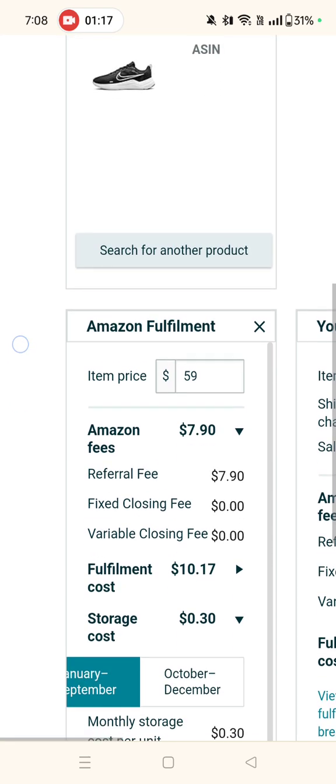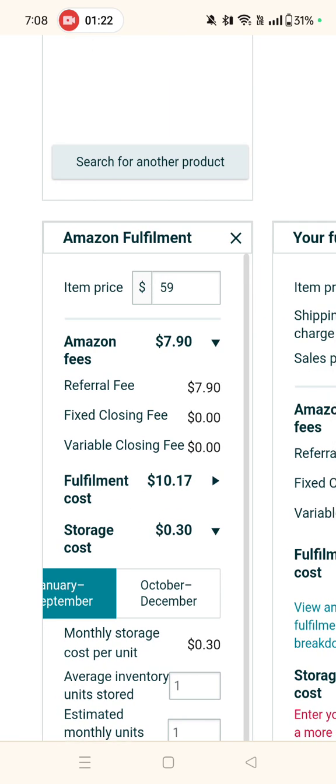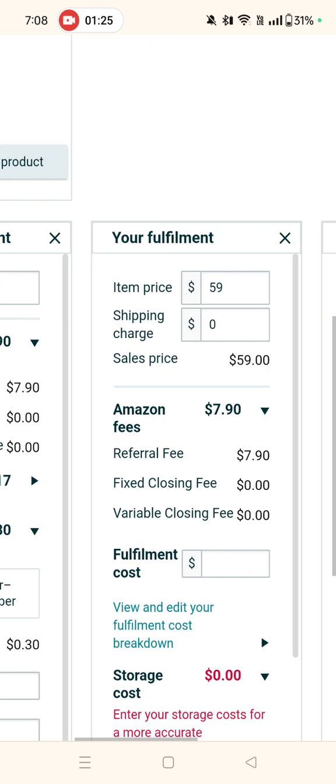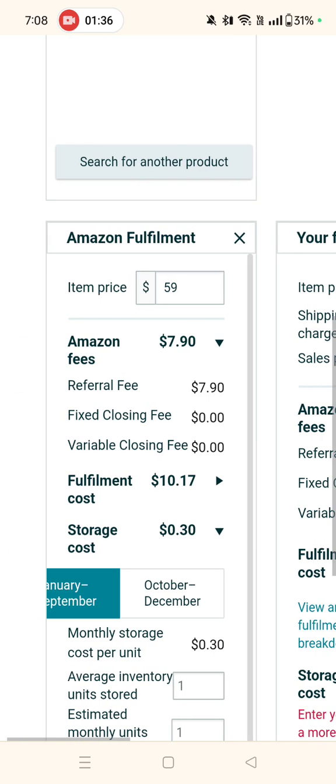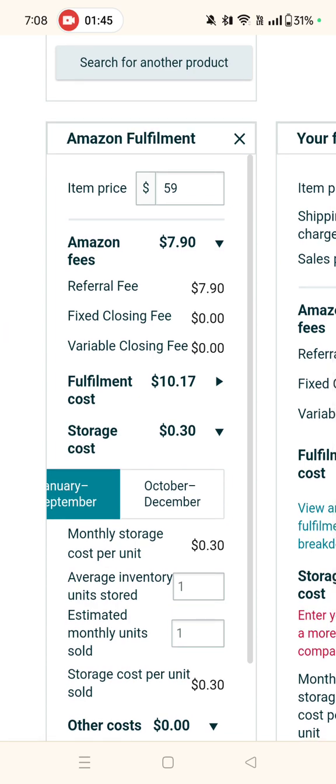So when you select the existing listing, you'll have two options, basically Amazon fulfillment, which is FBA, and the second option is your own fulfillment, which is FBM, fulfillment by merchant or fulfillment by seller, whatever. So we're not going to go to the second option. Obviously we are focusing on Amazon FBA, and it is recommended by most experts. If you want to start selling on Amazon, go for Amazon FBA. It takes a lot of pressure off you because Amazon does the shipping, packaging, and they'll handle